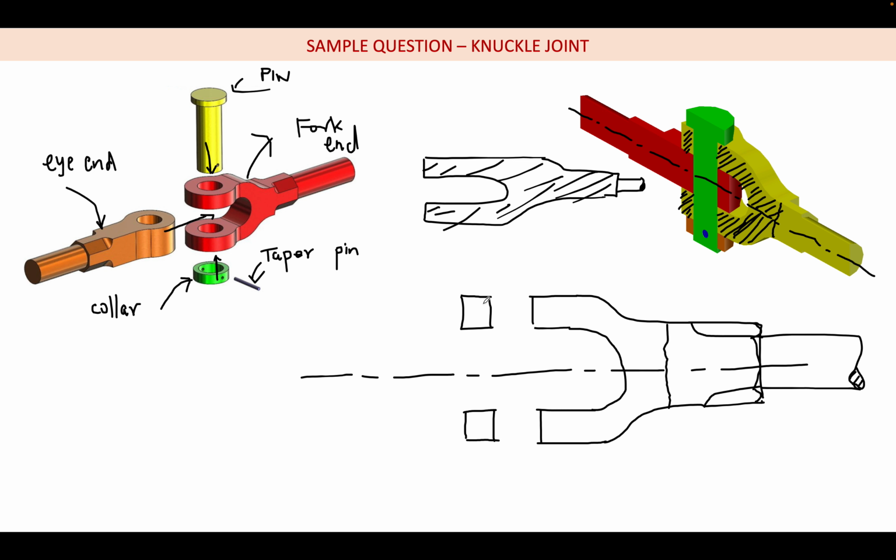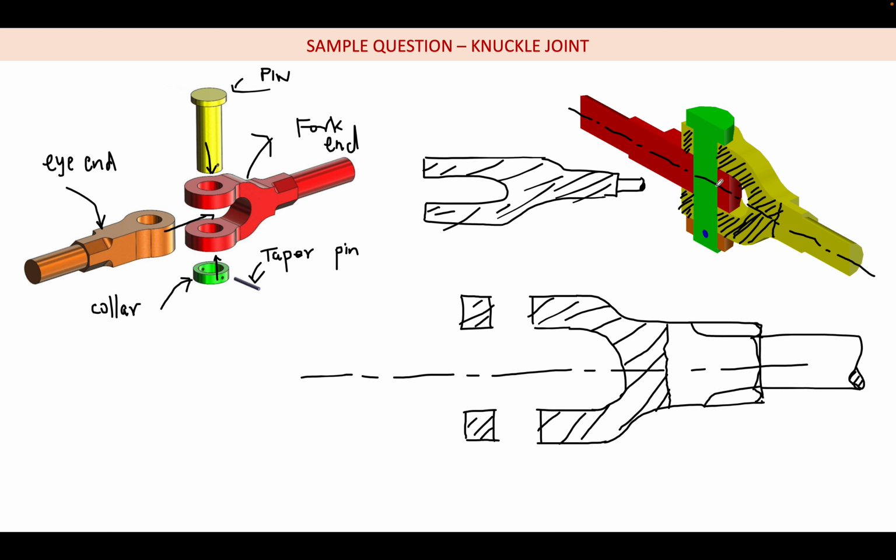So like this we are sectioning, only up to some portion. Only the fork part and the square part we are sectioning. The octagon profile and the shaft we are not sectioning. So I hope there is no doubt, and it is clear why we are doing it like that. So like this it becomes. So we have finished the fork, and similarly for the eye end also we are going to